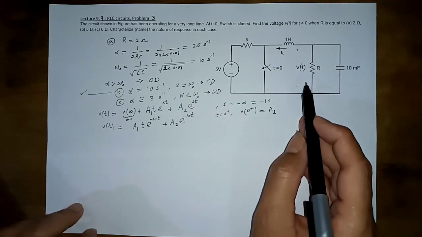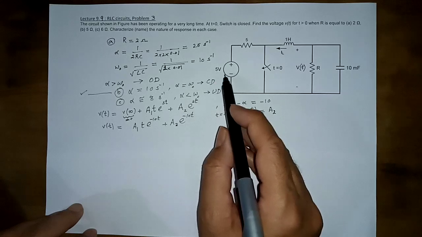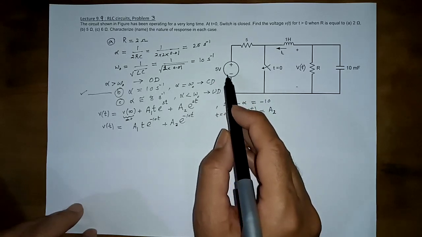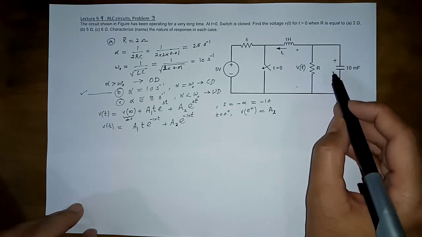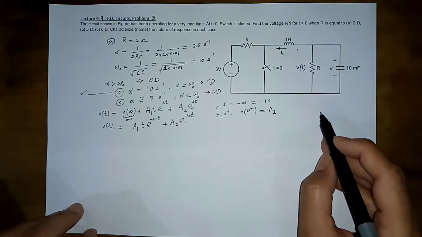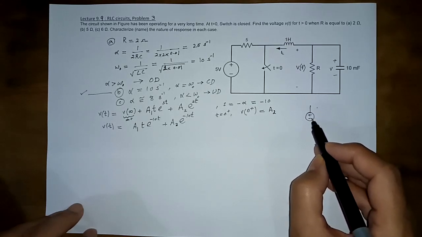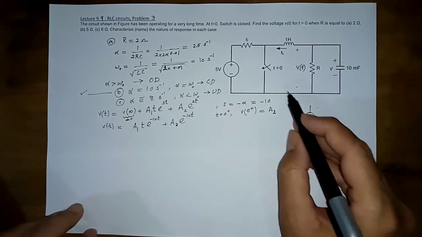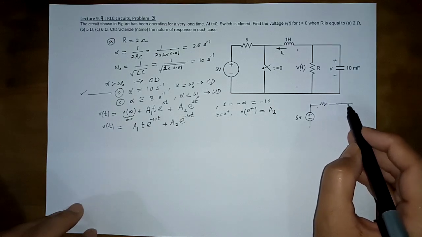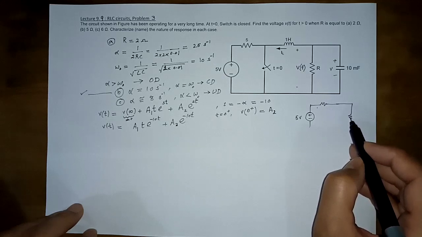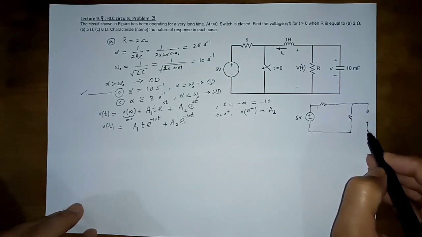So what is this voltage at t is equal to 0 minus, before switching, because of this circuit? So let us find that. This V is exactly the same V that is across the capacitor. So how would the capacitor be behaving in a circuit with a voltage source when this switch was open? It's not there. The inductor has become a short circuit, the resistance remains there, and the capacitor has become open, and